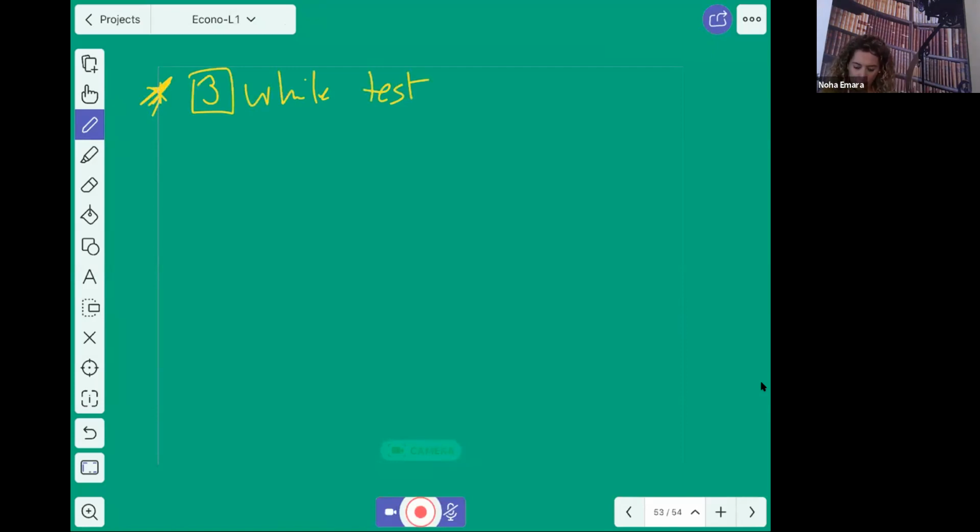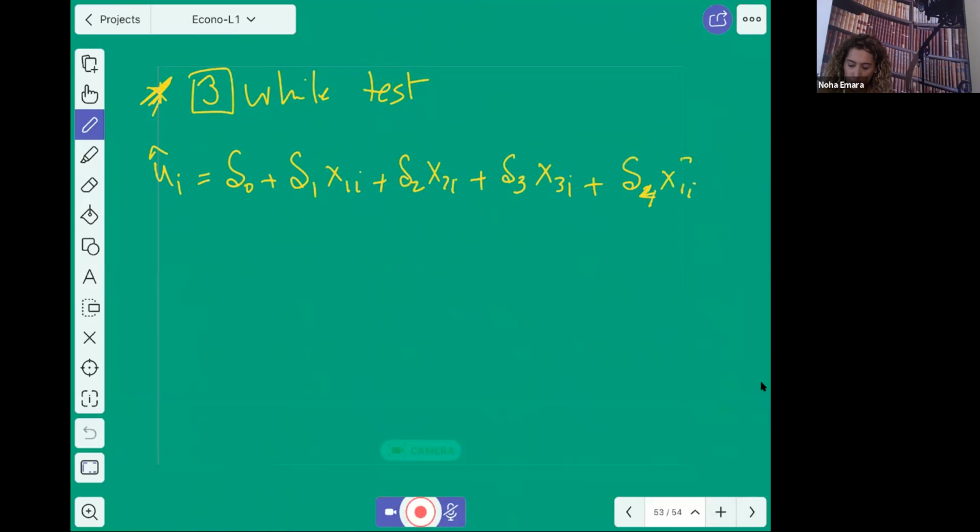So it would be like this: u_i hat is equal to delta 0 plus delta 1 x1i plus delta 2 x2i plus delta 3 x3i. And then it allows for non-linearity, in other words, squares or a quadratic model. So delta 4